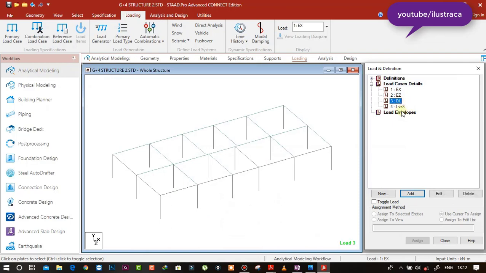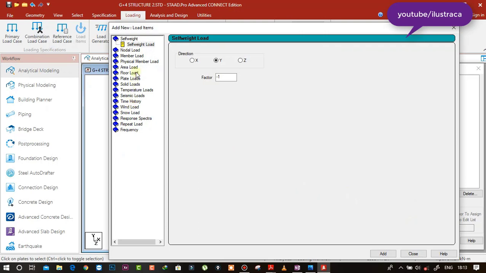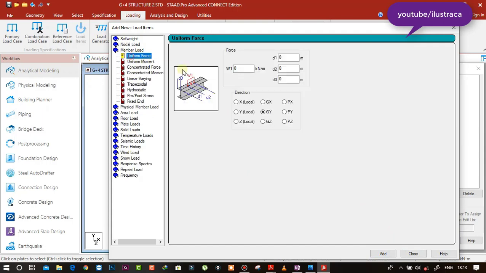Okay, so let's define the dead load cases. Add and go to the self weight, add, then member loads. So for outer beams, if you are considering 250 mm wall thickness, then 0.25 multiplied by 3 minus 0.45, means the 3 is the floor height, and we need to deduct 450 mm beam depth and multiplied by 10, which is the unit weight of masonry.